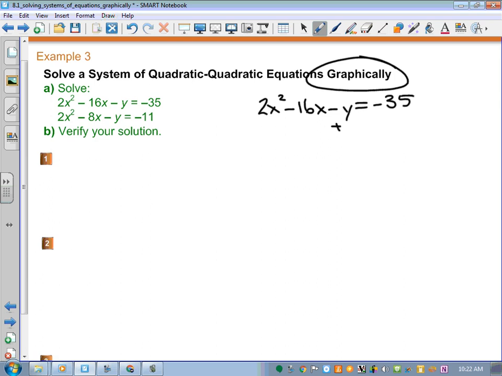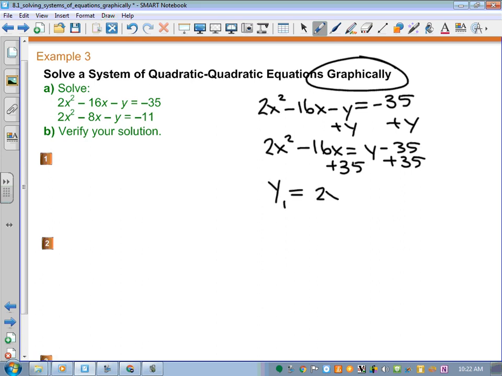I think the easiest way is just moving the y, but then we do have to move the 35 as well. I'll write that in 2 steps. So we have 2x squared minus 16x is equal to y minus 35. So then I'm going to add 35 to both sides. So in my calculator, we'll do that in a second here, y1 is going to be 2x squared minus 16x plus 35. And then I'm going to take the other equation and really do the same thing, manipulate and isolate